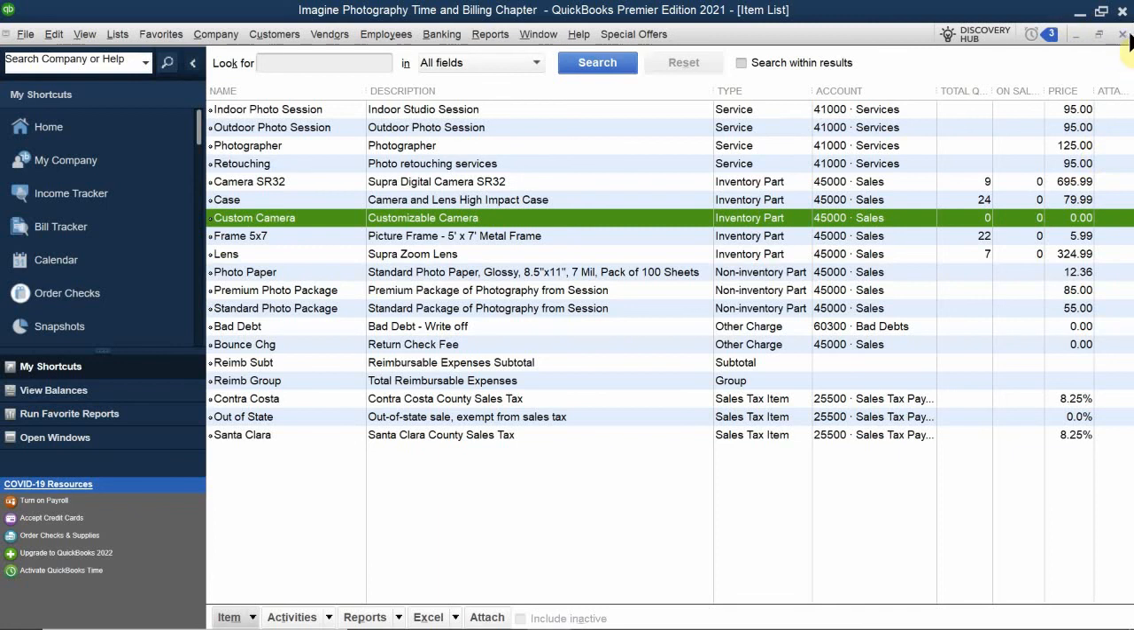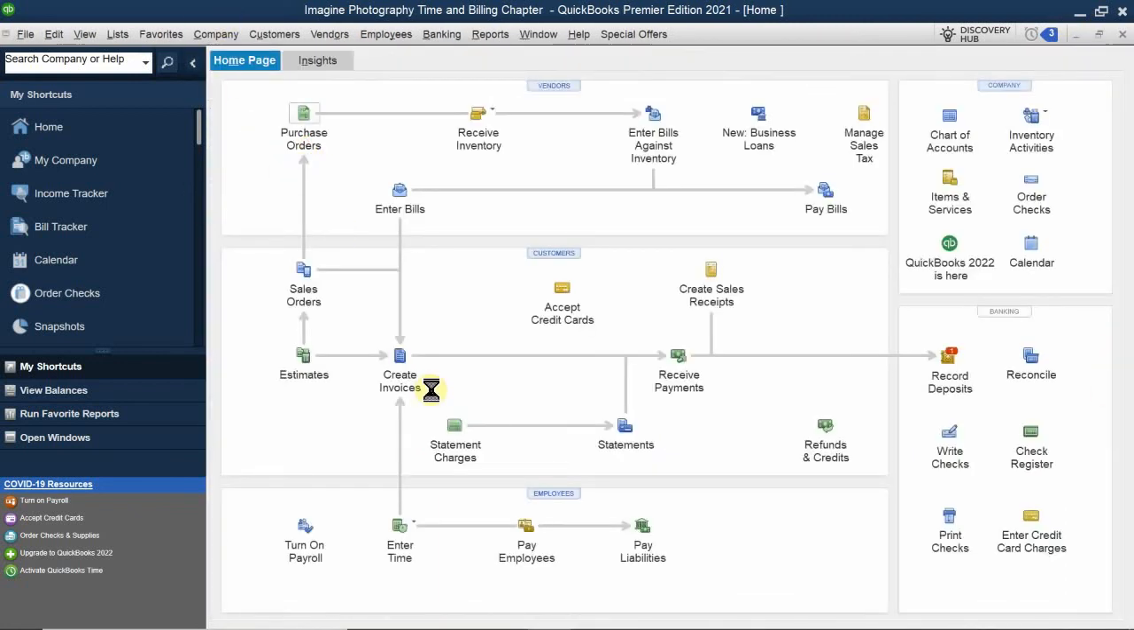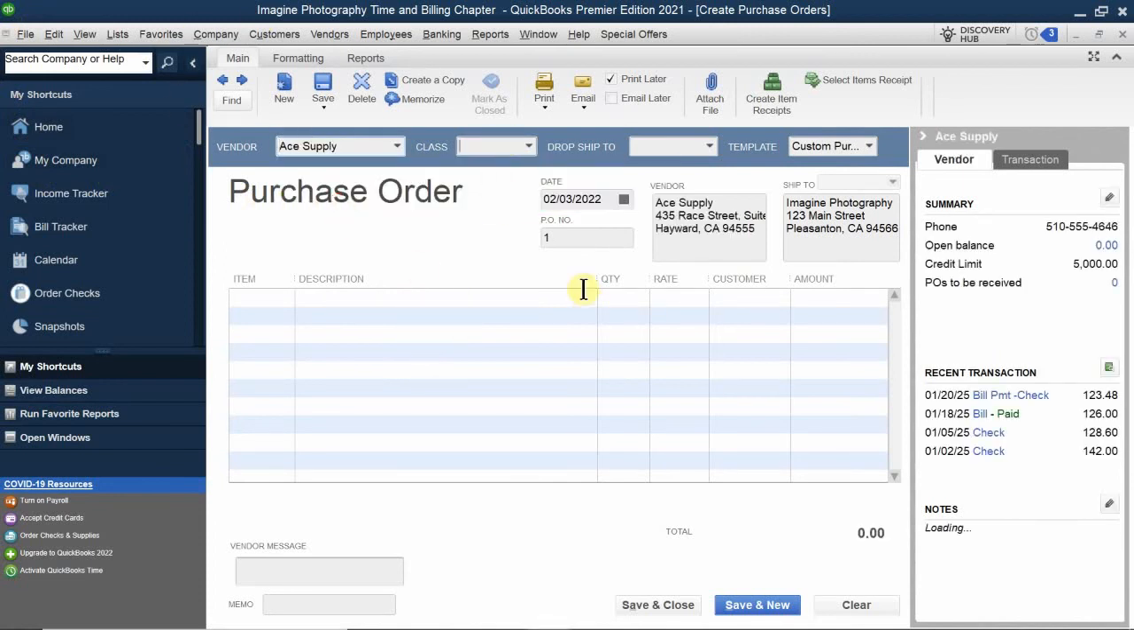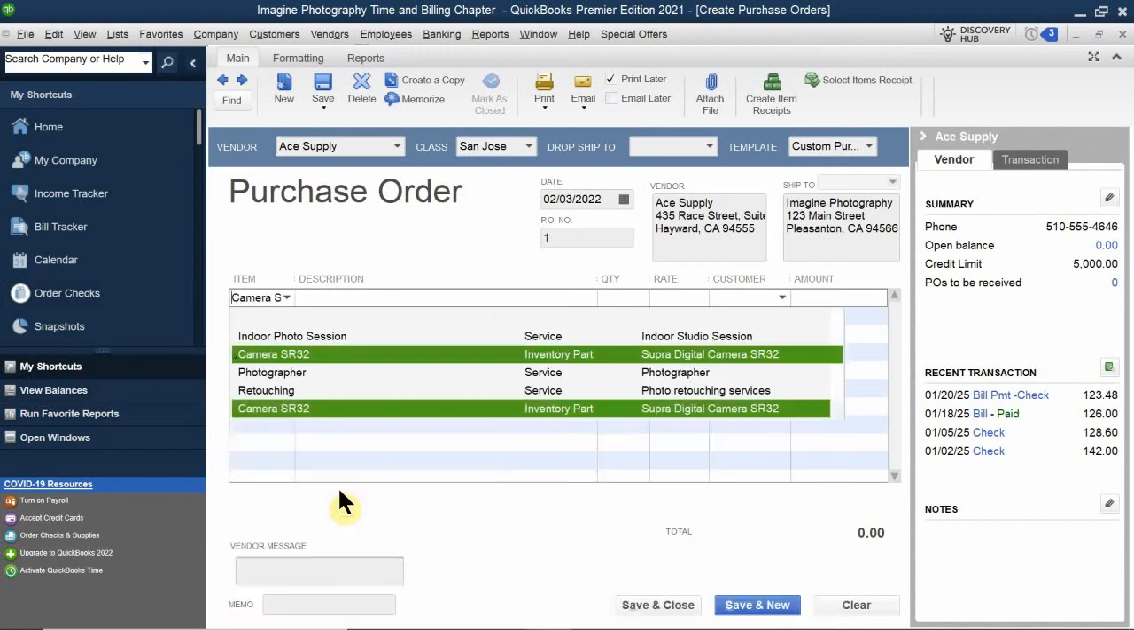So now I need to go to my purchase orders because I'm going to go ahead and let's say Miss Maria Cruz decided to come in and start looking for a camera that she wants me to custom order. So she told me, hey, I want this camera. Go ahead and order it for me and I'll pay whatever price, right? So in this case, let's say, who am I going to be ordering this from? I'm going to go order this from Ace Supply, okay? And where is this for? Maria is from San Jose, okay? And what item am I going to purchase? In this case, I type in custom camera,